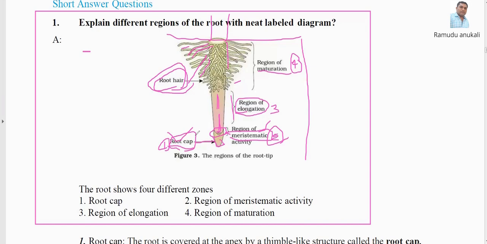What is the function of root hairs? Absorption of water and minerals from the soil. So root hairs develop from the region of maturation of the root. They help in the absorption of water and minerals from the soil. So this is about